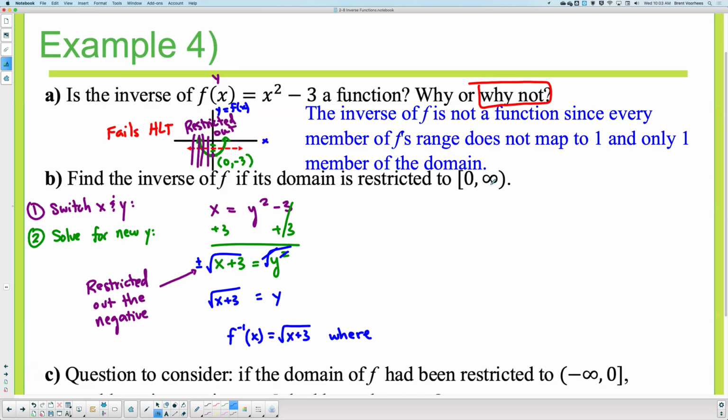Now remember, originally we restricted from 0 over, but that was on the original function. On the inverse, it's going to be off the y's. So your x's are going to be from -3 and then all the way to infinity because it goes forever, right? So you could add in infinity if you want with inequalities. You don't have to include that. You could use that terminology, or you could say where the domain